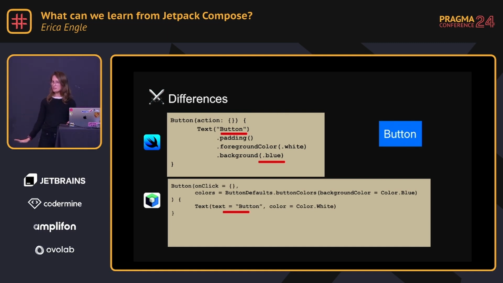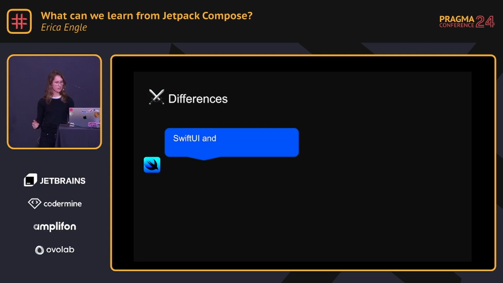I'm not saying one's better than the other. Maybe. And again, with the colors, you see that we have a little bit more of, maybe I know this is already a color because it says foreground color. But there's just a little bit more nuance, and maybe it's nice so you can read that intuitively and see, okay, Color.white, that is a color.